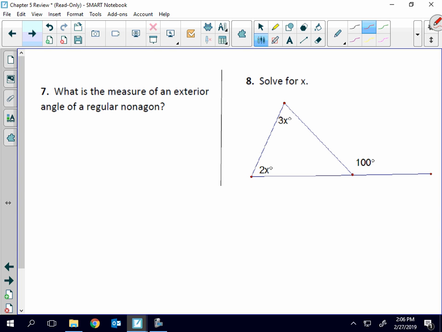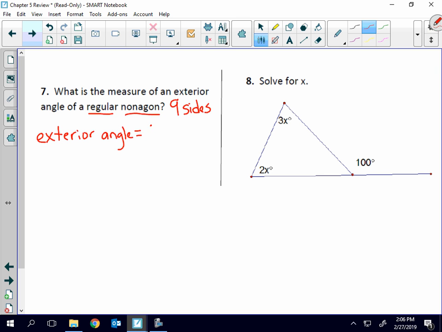Number 7. I'm not so worried about this one, but let's just do it really quickly. What is the measure of an exterior angle of a regular nonagon? Well, a nonagon has 9 sides. Write that down. A nonagon has 9 sides, and we know our exterior angle formula. Exterior angle formula is just